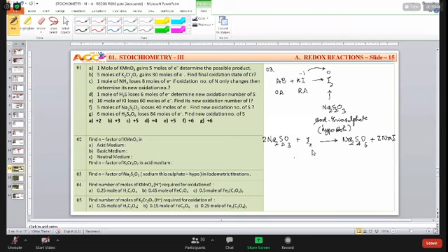Balanced. Now check the oxidation state. The oxidation state is supposed to be here in this case plus 2, and this is plus 2.5. Therefore, change in oxidation state, N factor, remember this, valency factor of hypo in this reaction is plus 2 to plus 2.5, 0.5 into 2. That is, valency factor is 1.